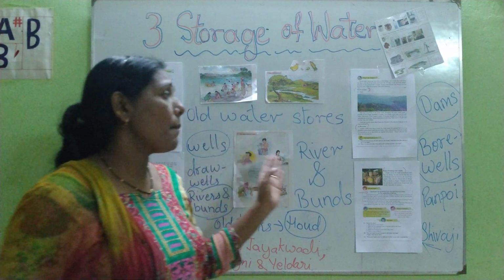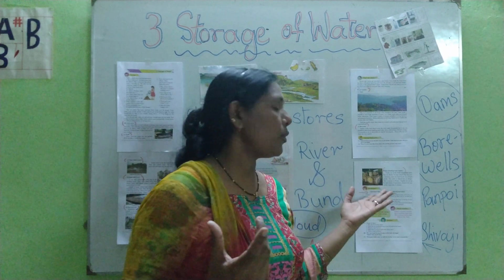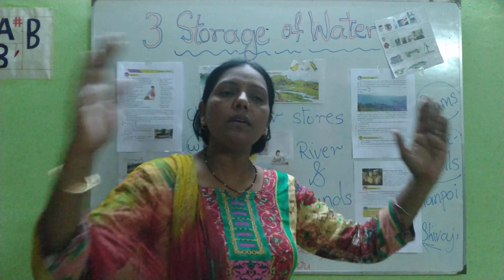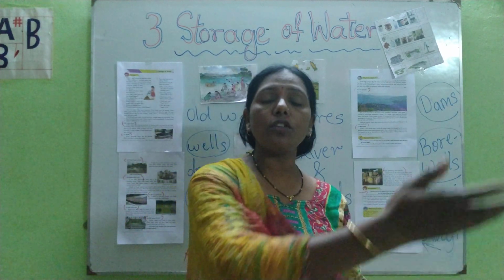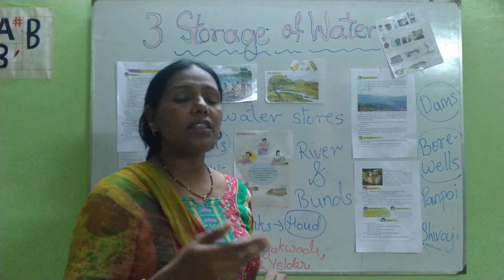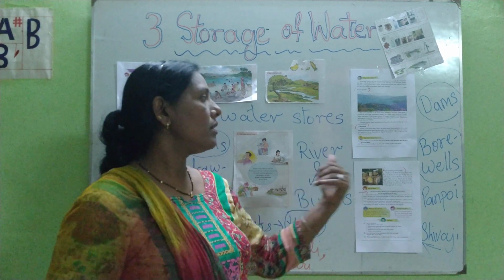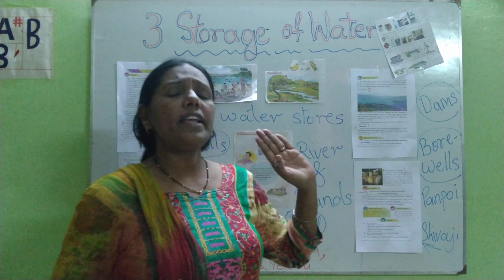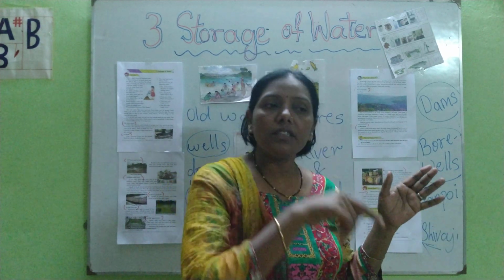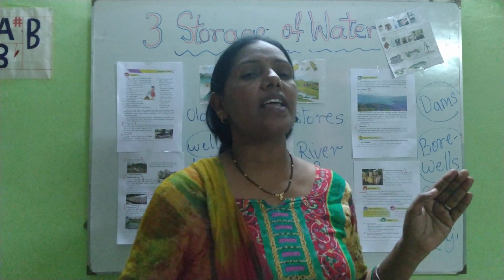Now, panpois. Yes, what is a panpoi? A panpoi is a big earthen pot, which is placed on the roadside for people who are in need of water. If we are thirsty, we can go and drink the water if we are on the way on the road. Some individual people have thought of making panpois, where drinking water is kept for people who are very thirsty on the roadside.